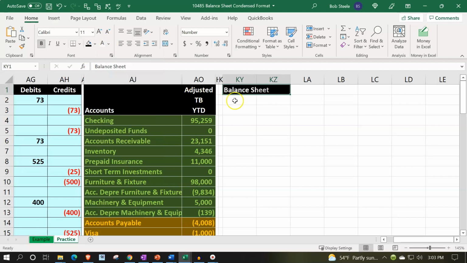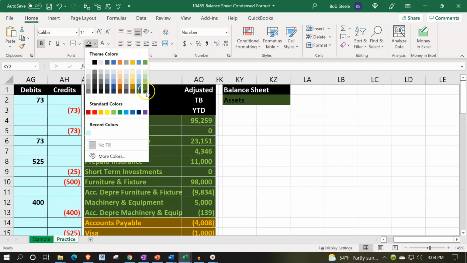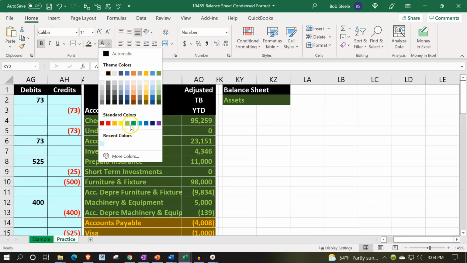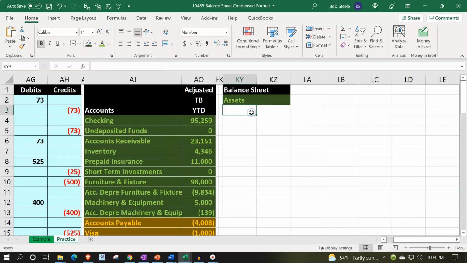Then I'm going to make the assets, and I'm going to format that with our colors still, which again, you might not want to use for external reporting purposes, but I still want to tie it in so we could group it in a color coding way to our financials over here. So I'm going to select these two up top and make this a dark green, and then the text the light green, the dark and the light green. That looks so nice. Look at that. That's amazing. And then we're going to say current assets,